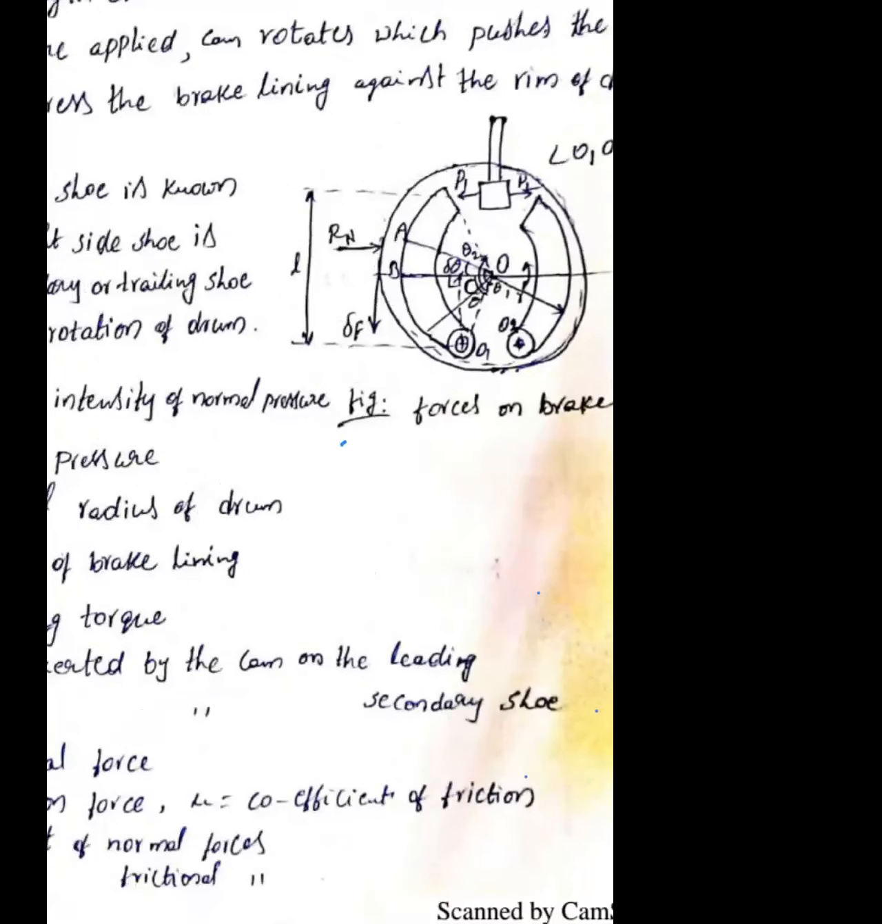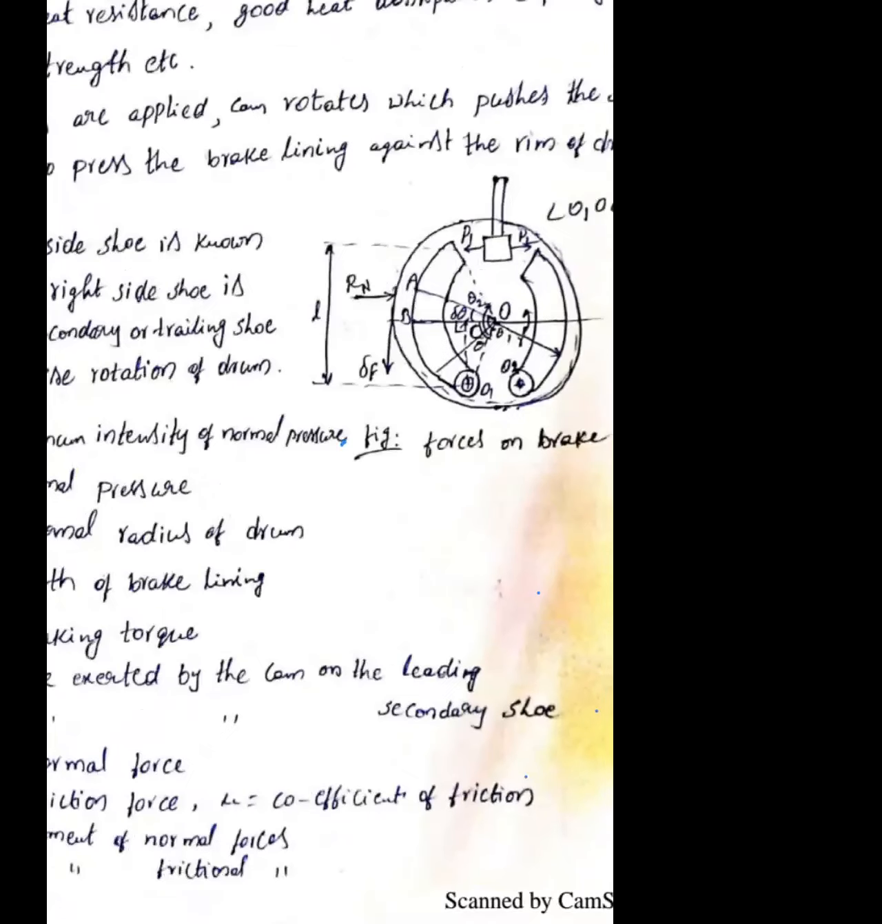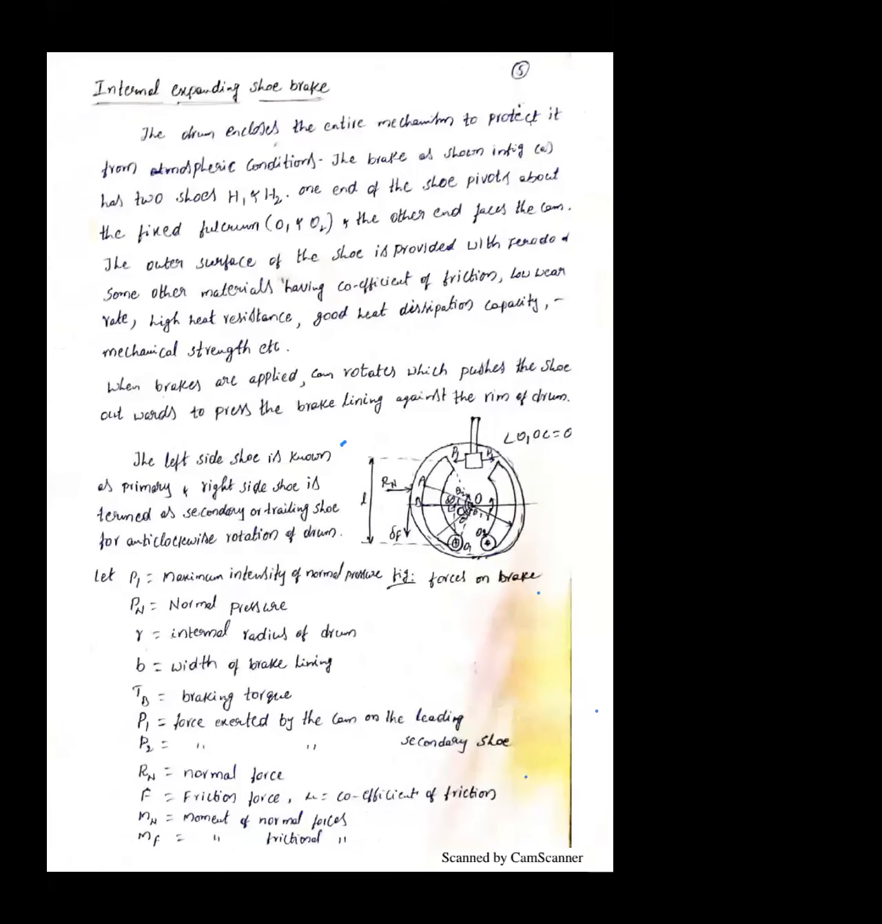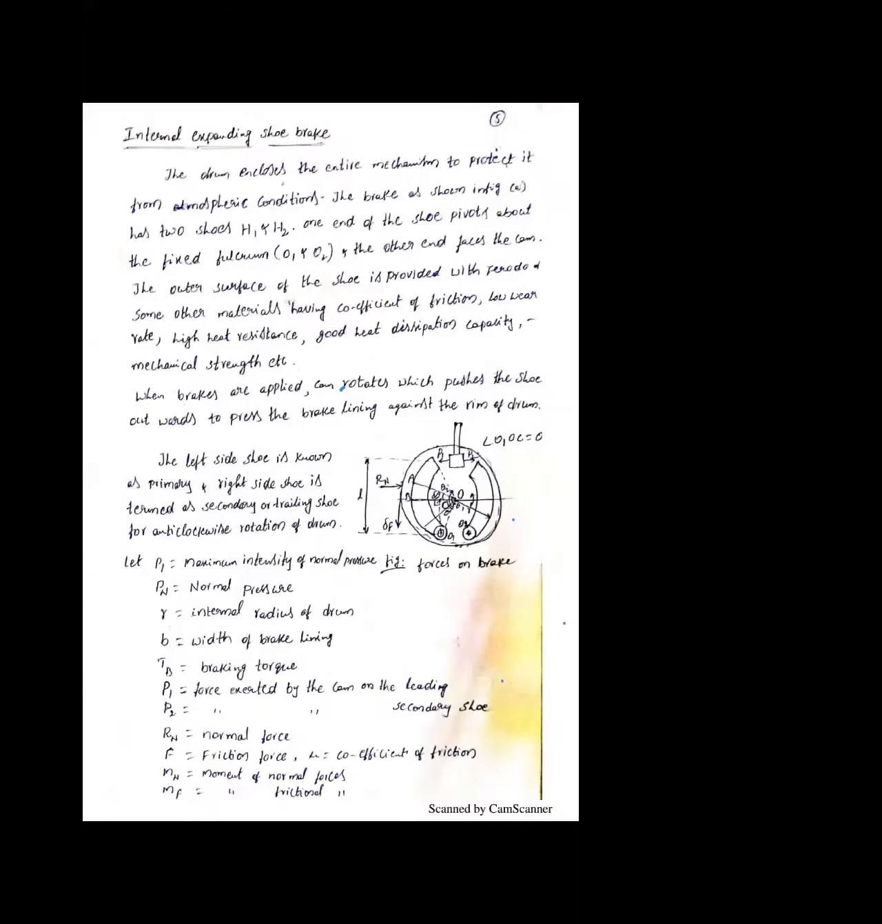So those are the forces acting on an internal expanding shoe brake. This is generally used in our automobiles. So here, what are the notations represented in our derivation? A number of forces are there. All of you observe that P1 is the maximum intensity of pressure,